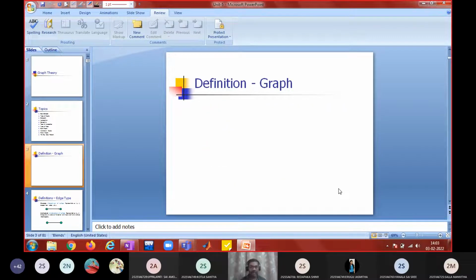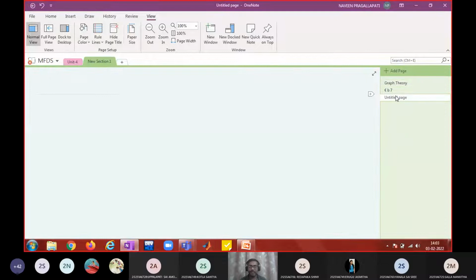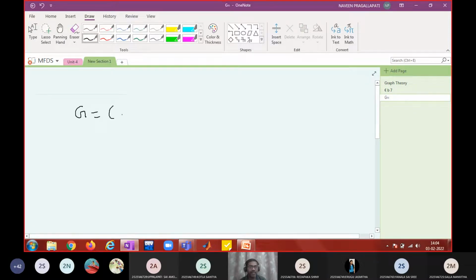So we discussed the graph definition, but I could not write it down clearly in the last class. So what is the definition of a graph? What do you mean by a graph? A graph consists of a set of vertices and a set of edges, right? Where V is a non-empty set and E can be any set, such that there is no commonality